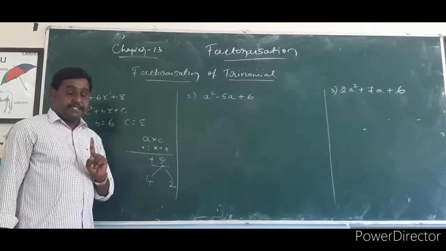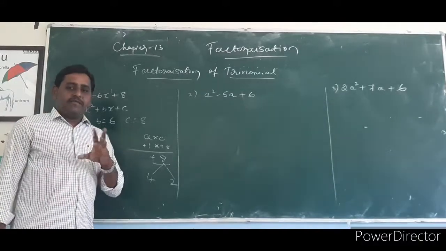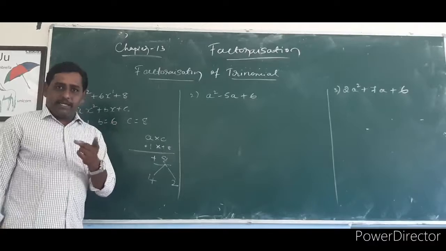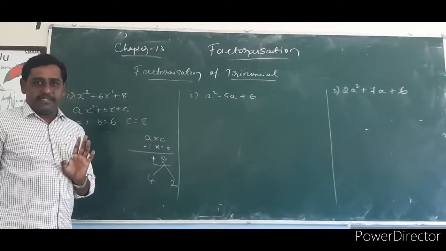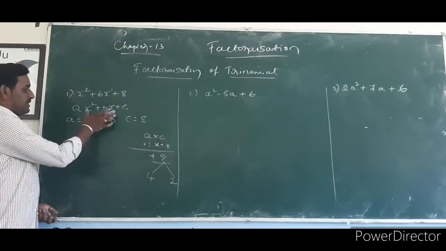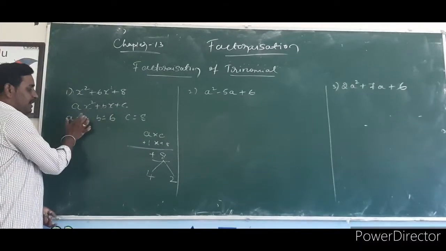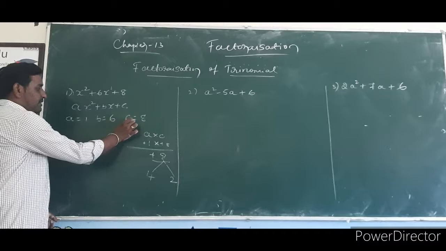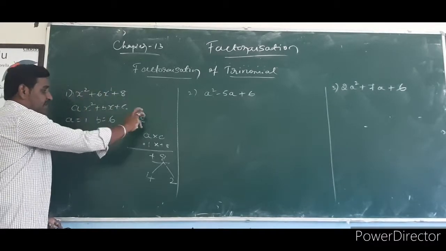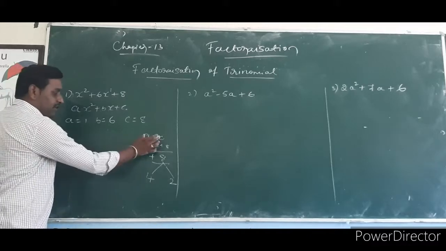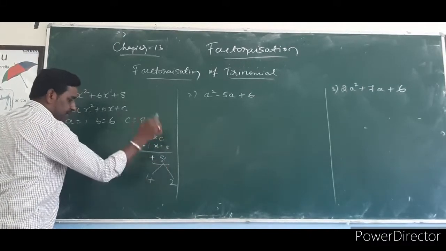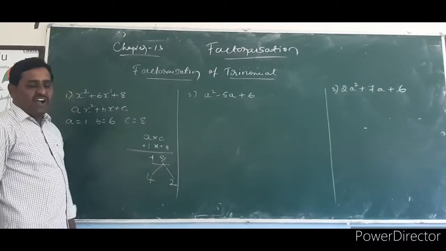Once again I repeat this problem because it is the very first time you are going to learn this type of problem. You learned it in 5th standard also, I think, but you are forgetting this concept. So you can easily learn by this method. First you write this general form. Write the A value, B value, C value with sign. Here all are plus signs, that's why I am writing the plus sign. First you have to multiply A into C. 1 into 8 is equal to 8. Then I am going to divide it into 2 factors.